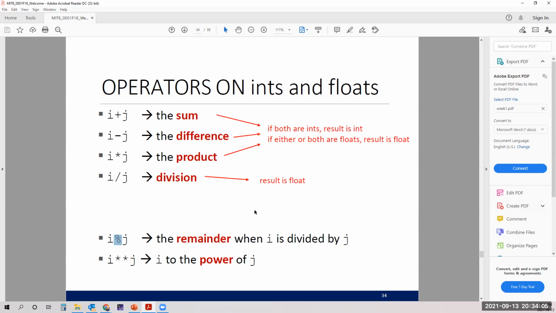Those who are familiar with C and C++, if I wrote star star before the object, that means I'm dealing with linked list with dynamic memory allocation. But here, let's concentrate on Python. Don't be confused between different languages, if you have an experience with other programming languages. So when I said i star star j, that means i to the power j. So if i equals 2 and j equals 3, that means 2 to the power 3. What would the answer be? 8.